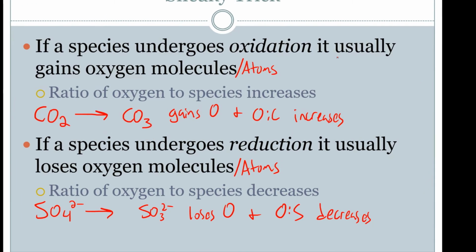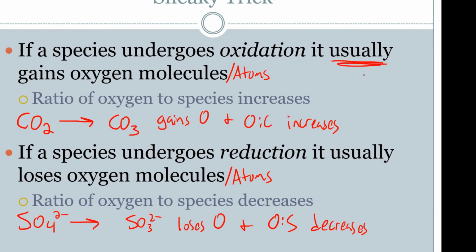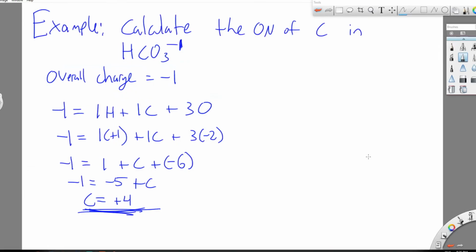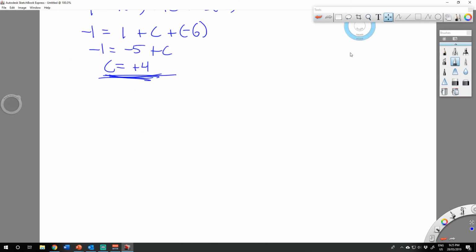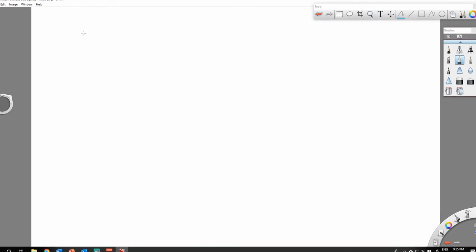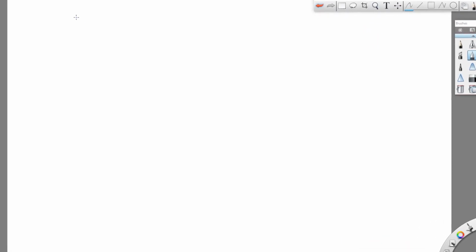Now, I mentioned that it usually means that, and there are some cases where a substance will gain oxygen molecules, but the ratio doesn't actually increase. And similarly, there are some cases where a species will lose oxygen molecules, but the ratio doesn't actually decrease. Okay, so an example of this would be, let's say